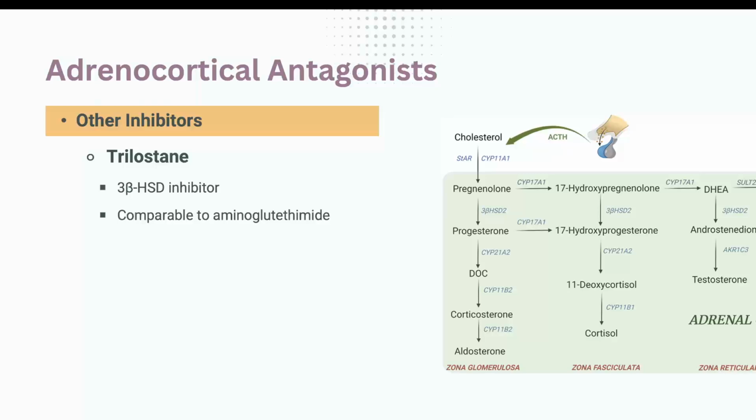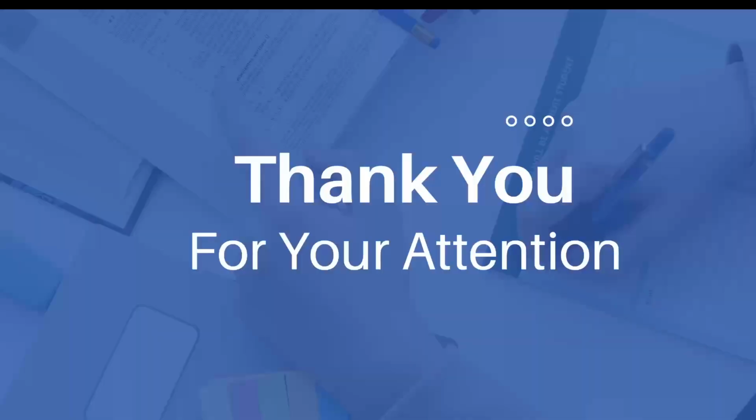Last medicine, trilostane. Trilostane has activity or efficacy just similar to aminoglutethimide. Okay, why? Because it is responsible for inhibiting the conversion of cholesterol to pregnenolone, so it inhibits the rate limiting step in biosynthesis of adrenocorticosteroids, and so inhibits the biosynthesis of all glucocorticoids, adrenocorticosteroids: aldosterone, cortisol, and testosterone. And thank you for your attention.